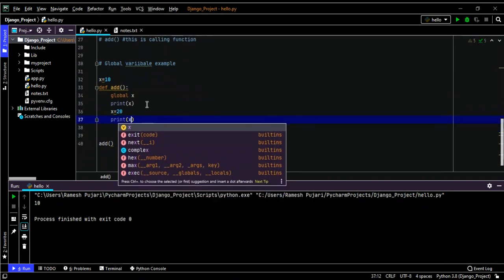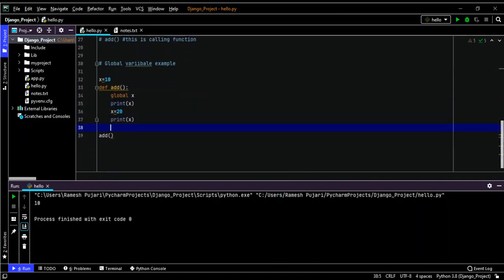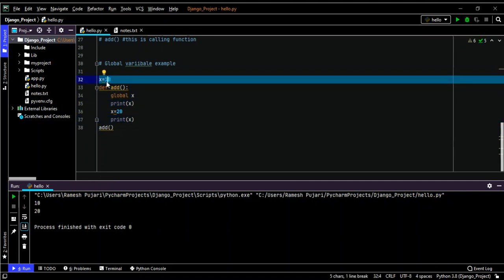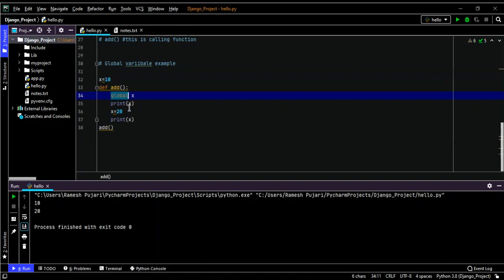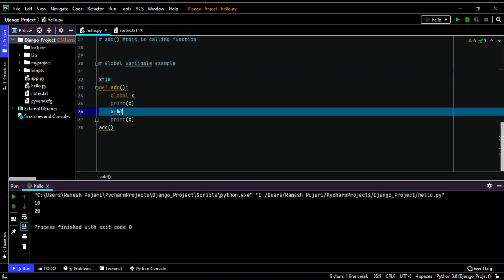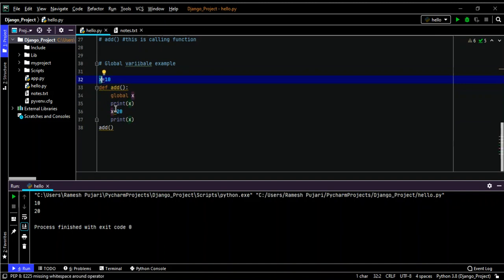And now I am calling the function here. You can notice we will get 10 and 20. This is a global variable too. By using the global keyword we are accessing it inside the function, and I'm modifying the value to 20.